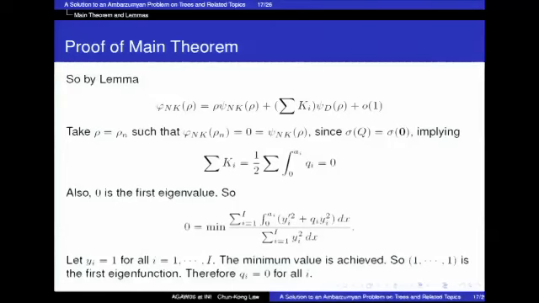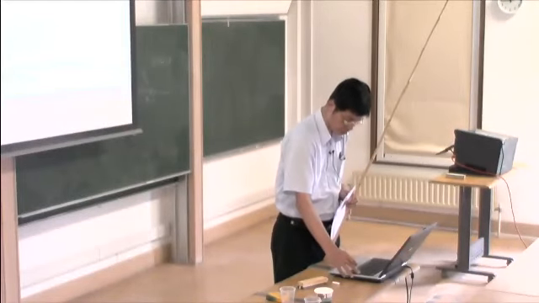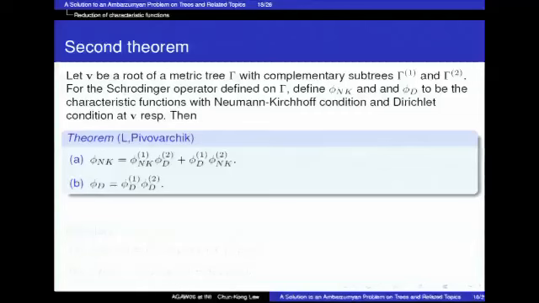So, well, for all Neumann boundary conditions, 0 has to be the first eigenvalue. So we put in the test function, and then realize that 1 will be the first eigenfunction, and so this is realized, and so Q_i has to be 1. Okay, and so this ends the proof of this